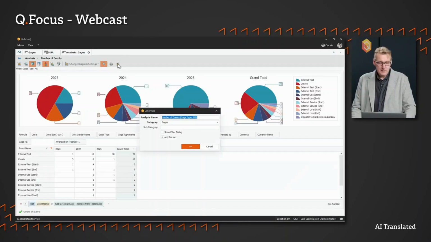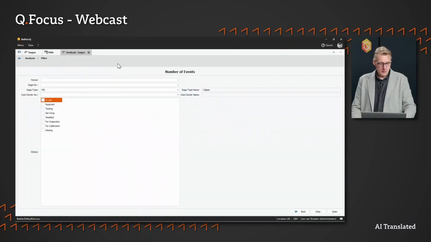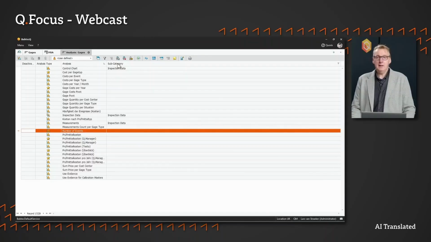We have one more analysis that we brought along, which we also want to explain to you in more detail. And this analysis once again addresses the topic of integration into other Babtec modules. As we mentioned, these measuring instruments are linked with inspection characteristics in incoming goods inspection, production inspection, and outgoing goods inspection. It goes so far that the Babtec software knows exactly which measuring instrument number is linked to each individual measured value. Now, it can happen that during the calibration of a measuring instrument, you discover that the instrument has